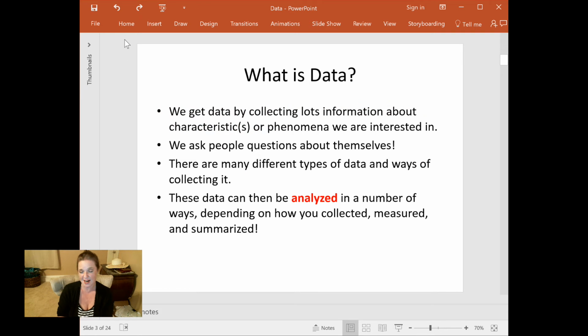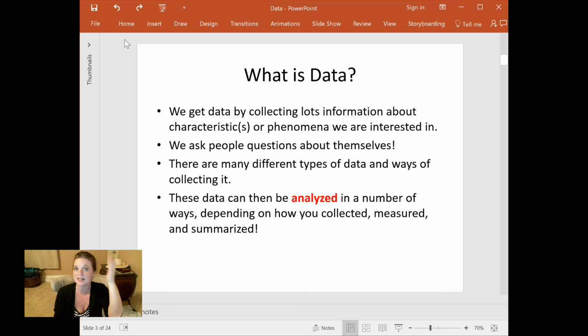So, what is data then? Well, as I mentioned, it's information. It's information that you gather from people about some phenomenon, some characteristic that you care about. And we call that characteristic a variable because we're only going to gather information from people on characteristics on which we think they can vary. So that word variable is another vocab term. This idea that people can be different.